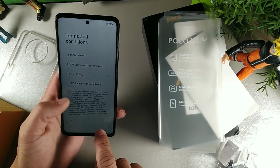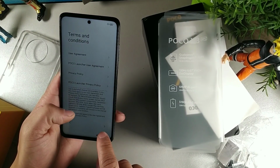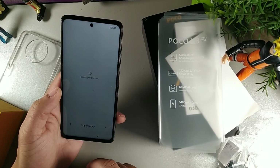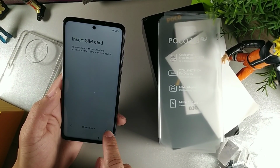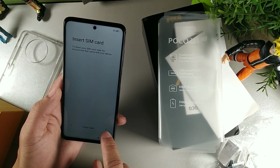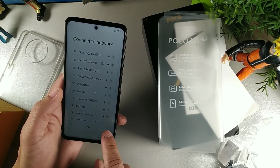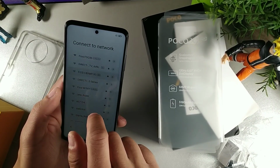And you can go in. It's going to ask you to read the user agreement, and once you do read that, which I did really quickly, I just browsed it, then it says you can insert a SIM card if you want to. We're not going to do that. We're going to just skip to the Wi-Fi, and we get the 5 GHz Wi-Fi. So let me see how the keyboard feels on here. Really good feedback. So yeah, really good